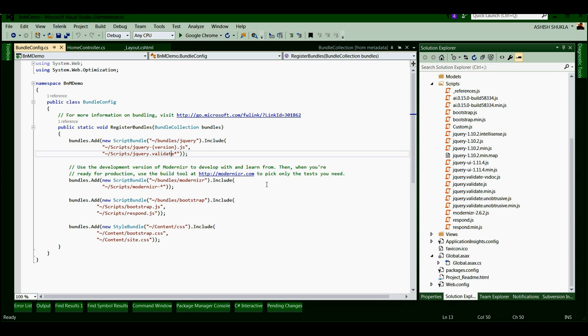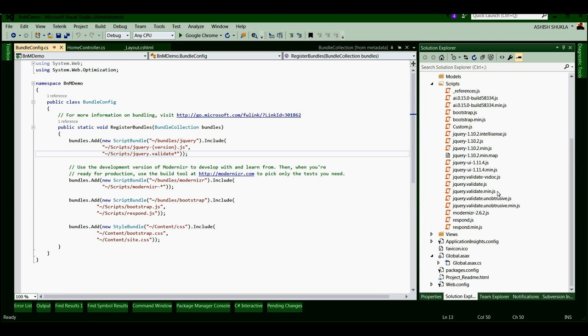ASP.NET MVC framework is smart enough to ignore all the files that are already minified. In this case, it will exclude the jQuery.validate.unobtrusive.min.js because it is already a minified file, and similarly it will exclude jQuery.validate.min.js.